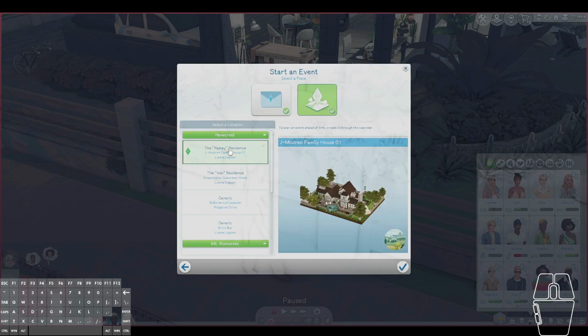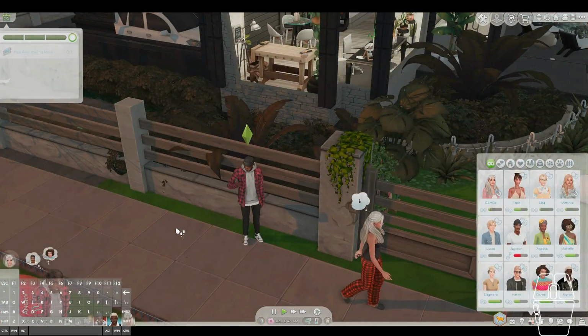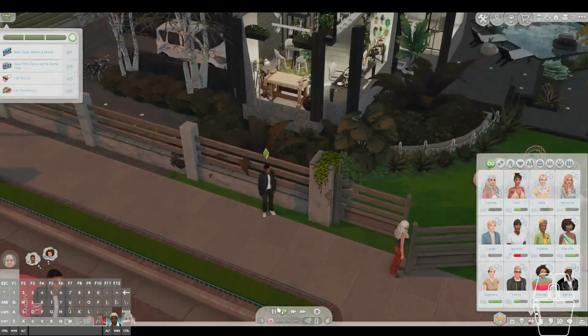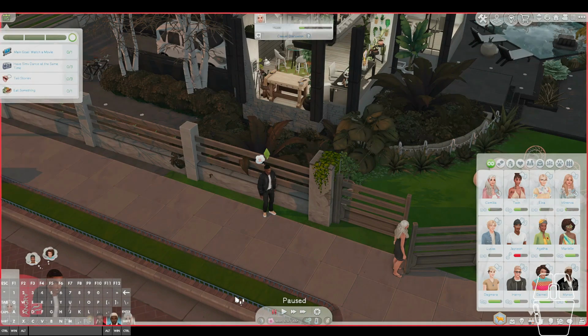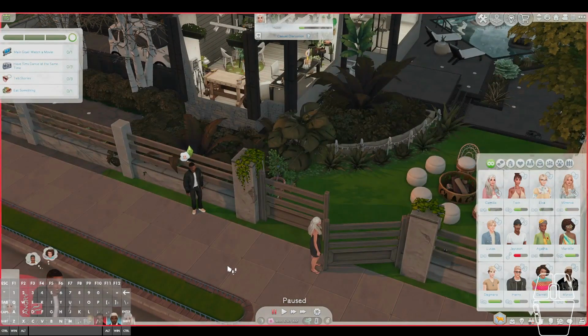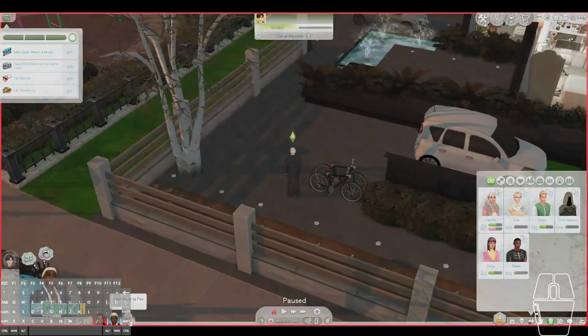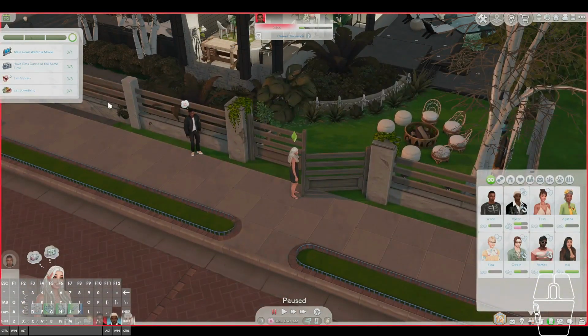Okay, and then we're gonna have it here, so it's gonna happen instantly. There we go. Everyone changed simply because the job that we selected, let me just show you guys quickly. The job that we selected here requires them to change because it's a party event. So it requires them to change to party wear. If you wanted to change it to nightwear, just edit this file and save it as your own. Don't forget to do that. And then they can change into whatever costume wear that you want them to change into. But as you can see, because we left the resident default job on, everyone in the household has also changed, and they're also able to do the